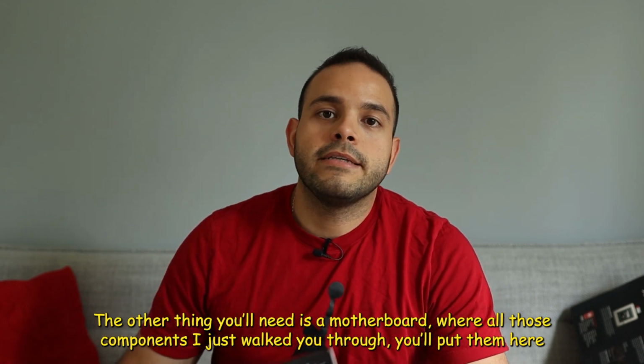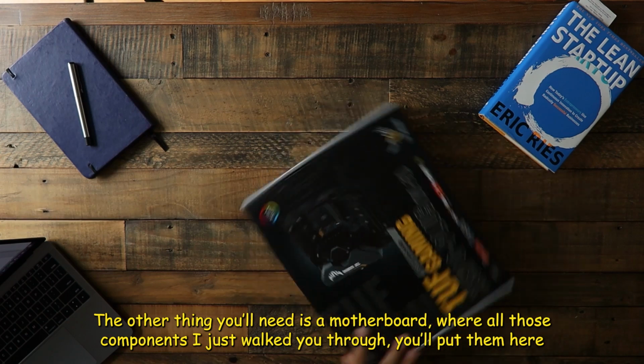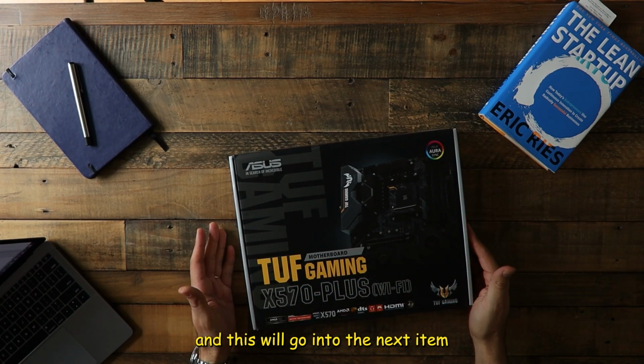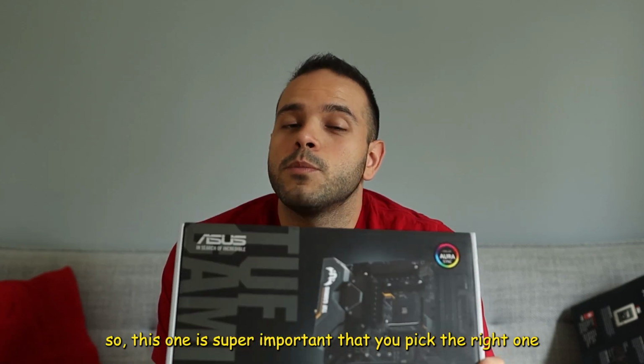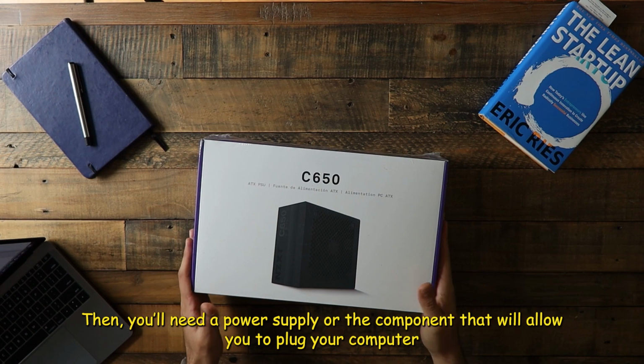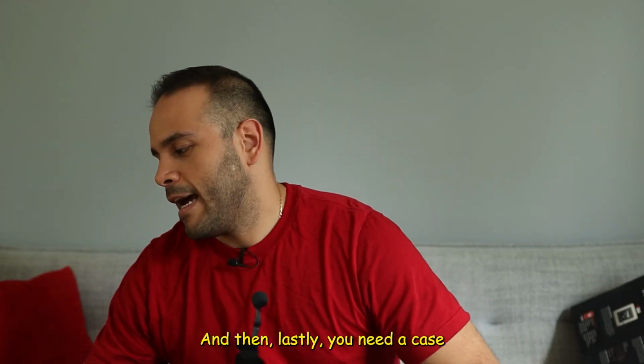The other thing you'll need is a motherboard, where all those components that I just walked you through, you'll put them here, and this will go into the next item. So this one is super important that you pick the right one. Then you'll need a power supply, the component that allows you to plug in your computer. And then lastly, you got